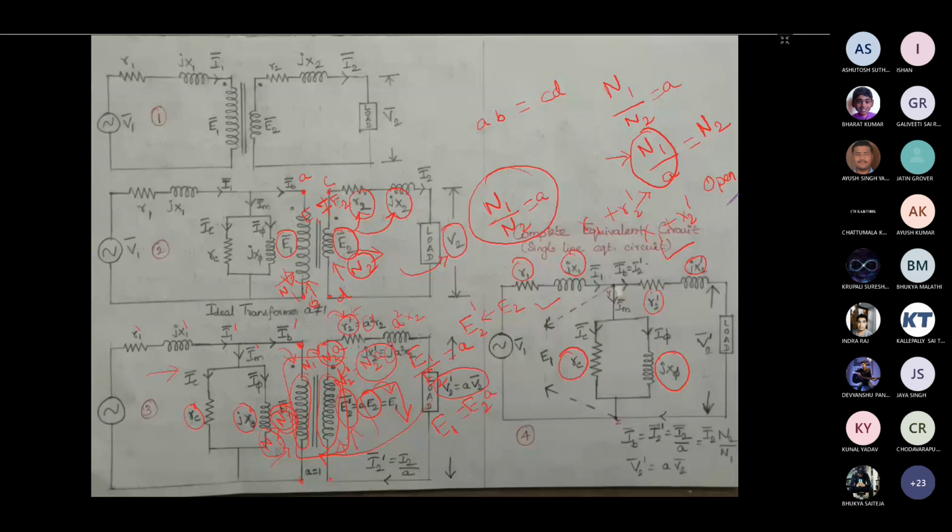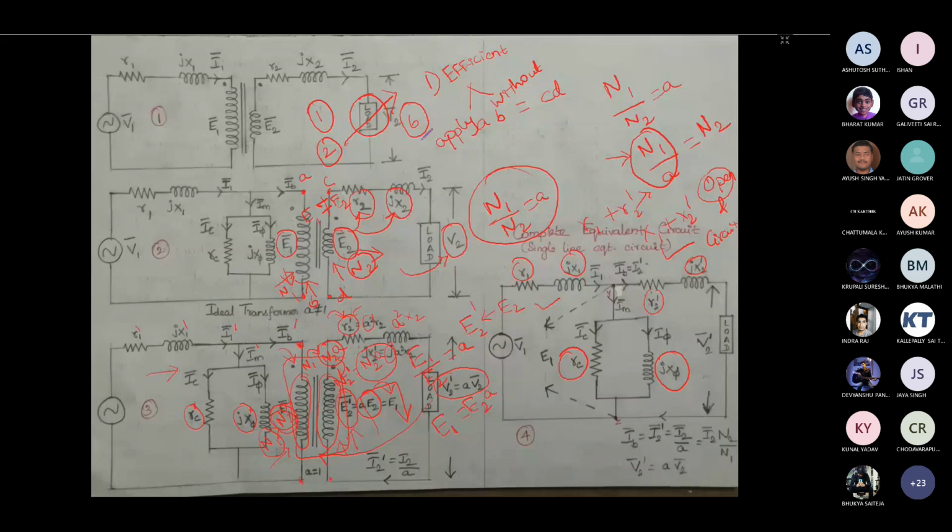Why you are finding them is that basically you need to find the efficiency of the transformer. In order to find the efficiency, you can do it in two ways: one is applying load and the other is without applying load. I can apply load and find the efficiency of the transformer. That is one part. And the second part is, without applying any load, I can find the efficiency of the transformer.